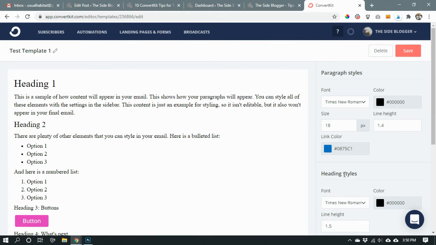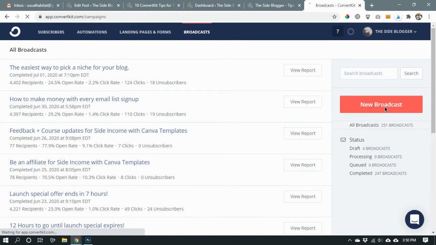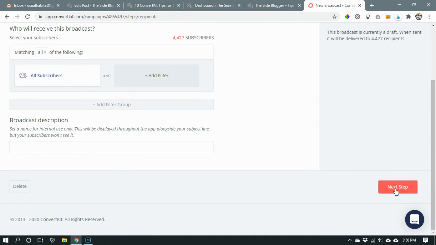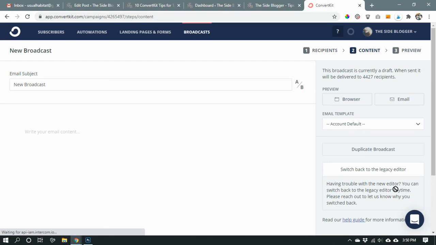So how do you add a template? Let's say that we want to send a newsletter. So go to broadcasts and then new broadcast and then go through the process. Next step, test newsletter